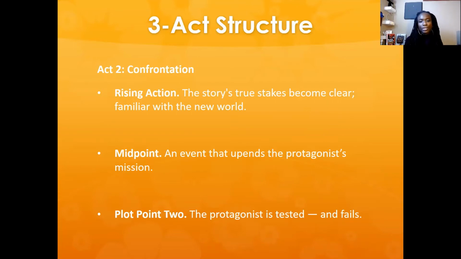Midpoint in act 2 is an event that upends the protagonist's mission, right? So we're traveling on this story with the superhero. We feel like the superhero has these superpowers. He's going to save the world or tackle successfully whatever the conflict or problem it is that you introduce. But now something unexpected happens, right? Maybe they temporarily lose their superhero powers, or maybe one of their parents dies. Whatever it is, it has to be something, and try to make it a surprise to the audience because